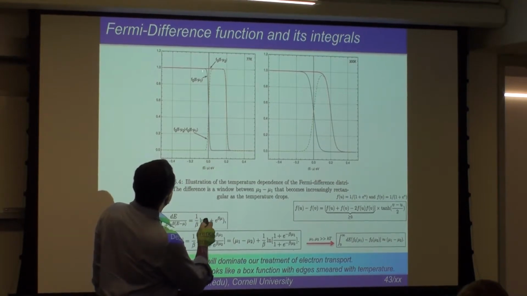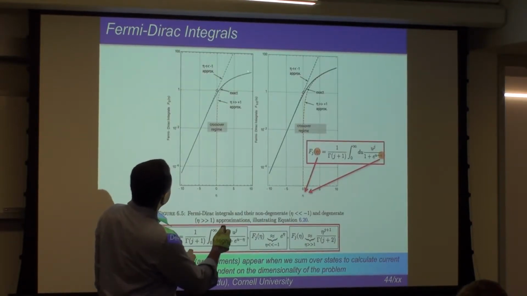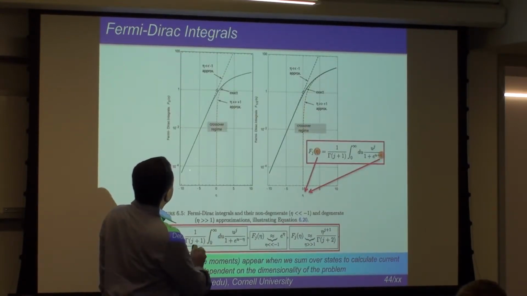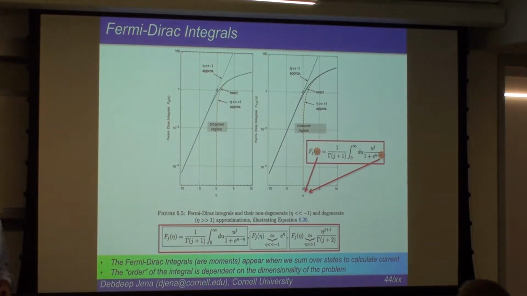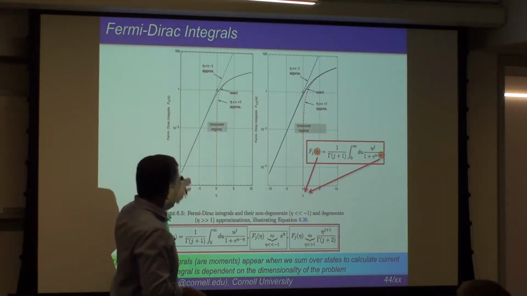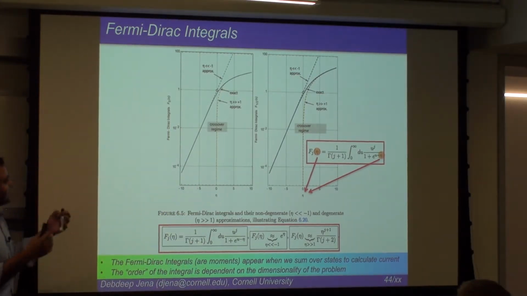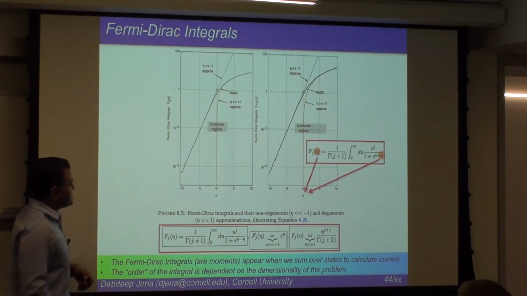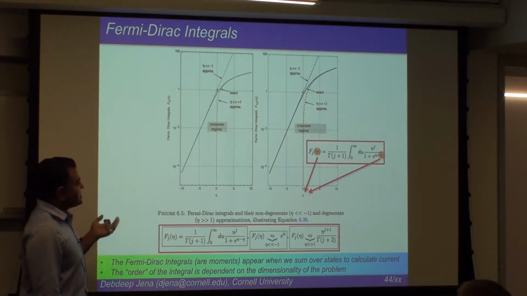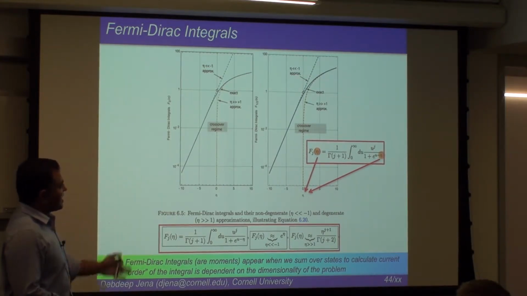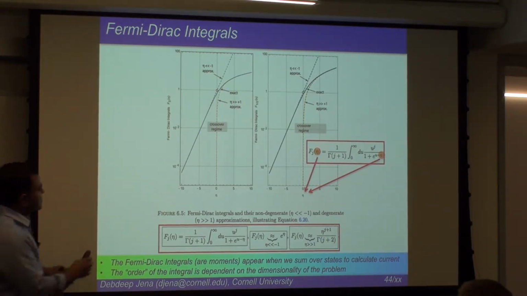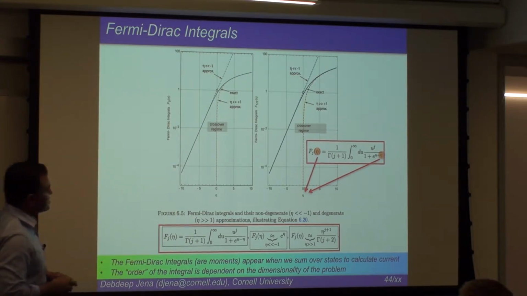So if your occupation number is very high, you will get a very high current. If your occupation number is very low, you will get a very low current. So your on and off, or ones and zeros, are also related to that distribution function, the Fermi-Dirac distribution. I think you will do this in reasonable detail. Transistor, you'll be able to model it. I want to emphasize that all of this is related to the Fermi-Dirac distribution, and you will be evaluating its integrals, perhaps using Mathematica or MATLAB, to sum over all the particles that carry current here.